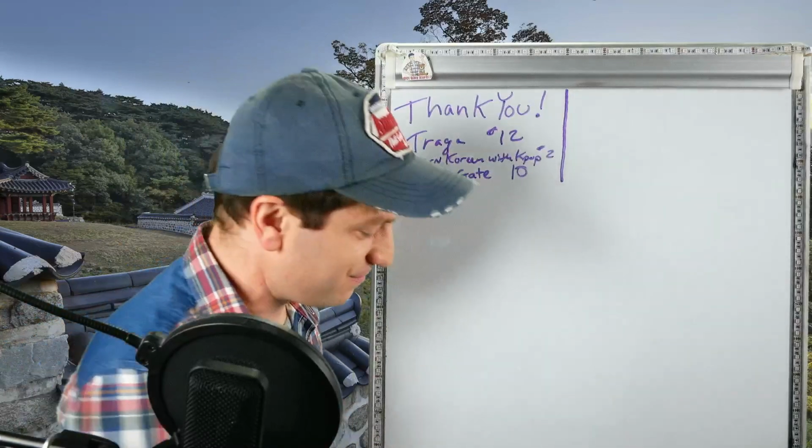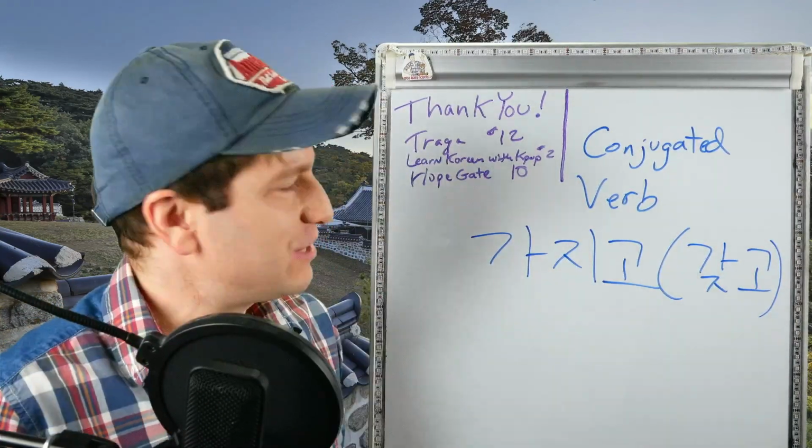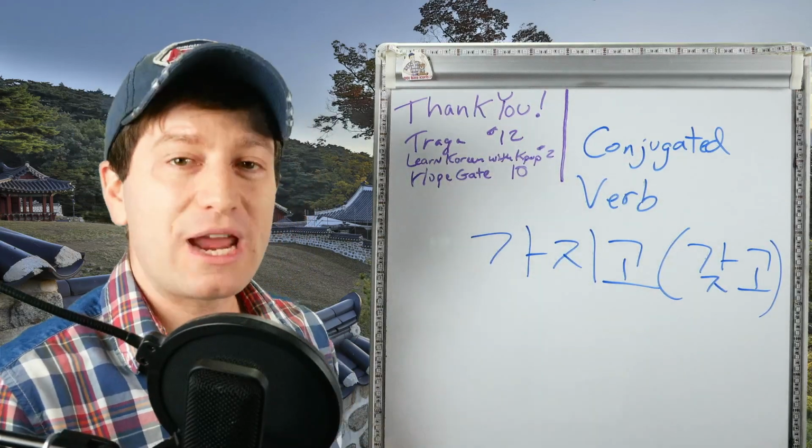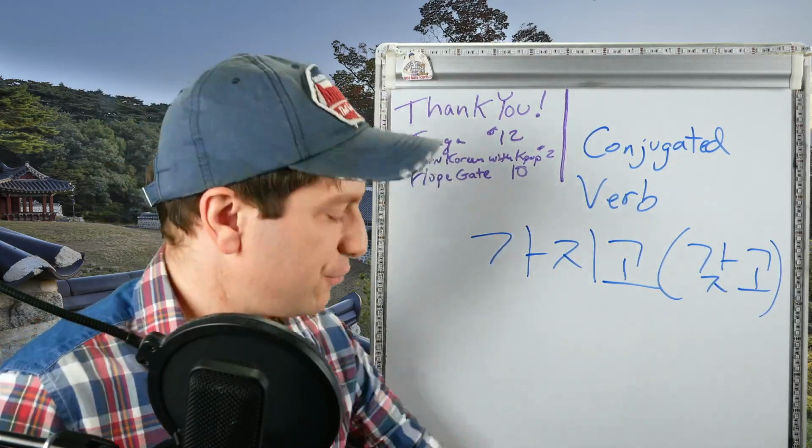Okay, so let's get started with the lesson. Here's the way our form works. You take a conjugated verb, so that's any verb you want. You conjugate it in the regular present tense conjugation. For example,